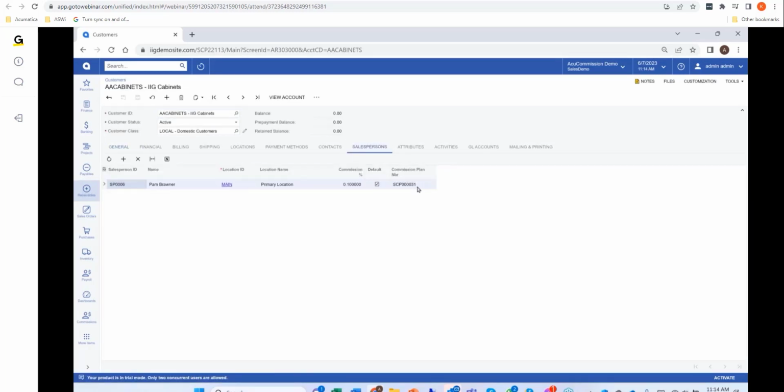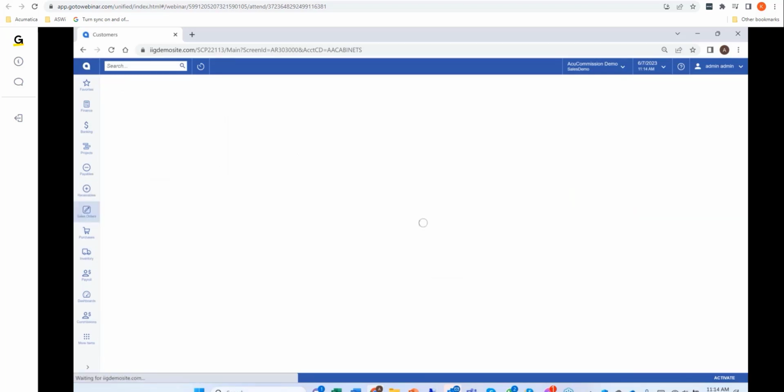And you'll enter the commission plan here, one or many. That basically happens here. And then at the sales order level or the invoice level,